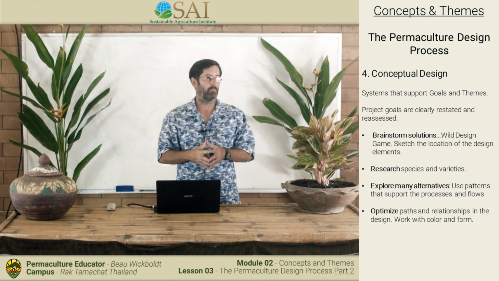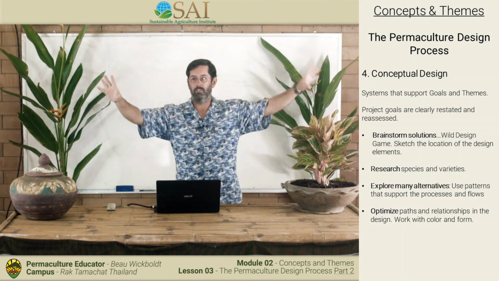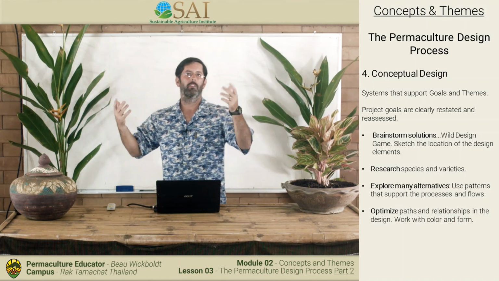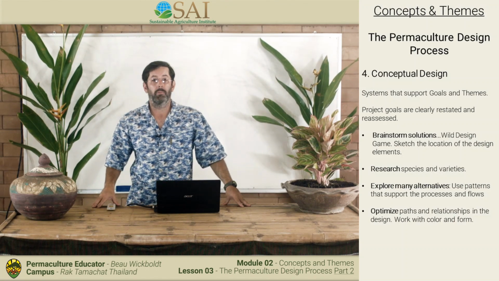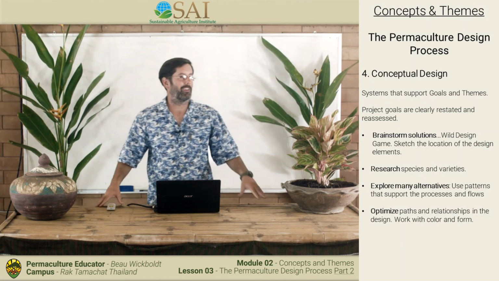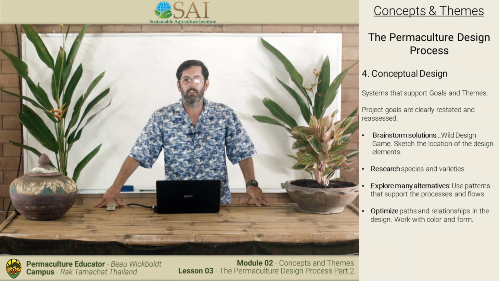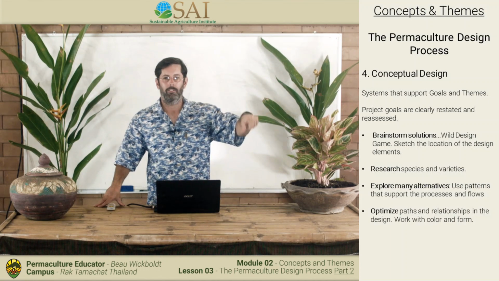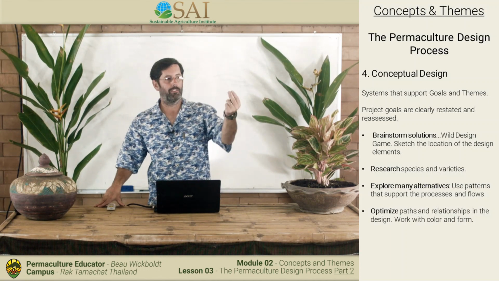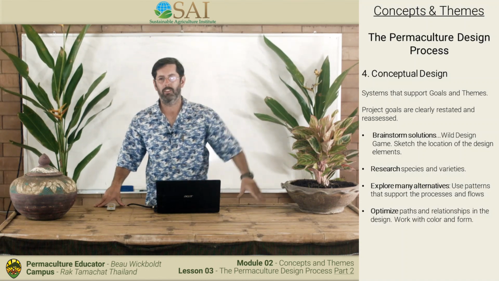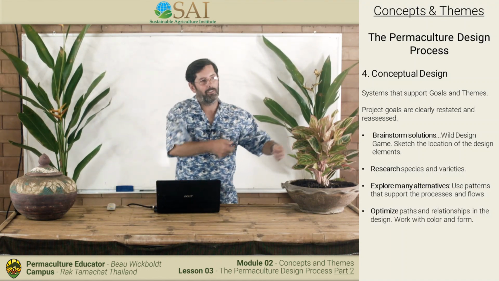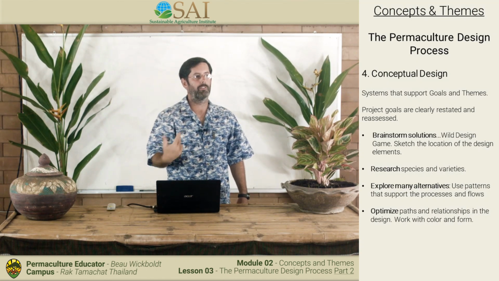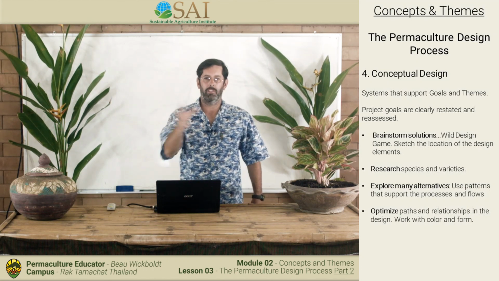The wild design game: I can basically put down ideas on two sides of the board, and I try to find out weird relationships. Like, hey, let's put the chicken house over the pond. Sounds like a good idea? Why not? Chicken manure. Fish eat chicken manure. So if the chicken drops it into the pond and the fish eats it, I don't have to move it. You see? So why am I moving it to green the pond to feed the catfish? If I could put the chickens over the pond, I wouldn't have to do the work. So why can't a chicken house be over a pond?